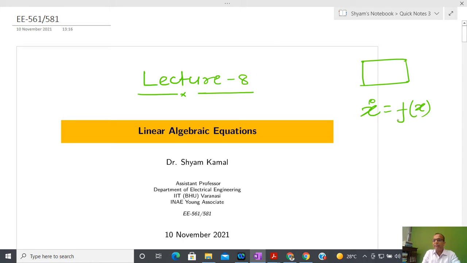Whenever I have this class of nonlinear systems, we want to see their behavior, because a nonlinear model is only valid in some particular subset. So I am saying that x, the state variable, evolves in this particular space D, which is a subset of R^n. It means that I have n number of states, and the state is limited to D.